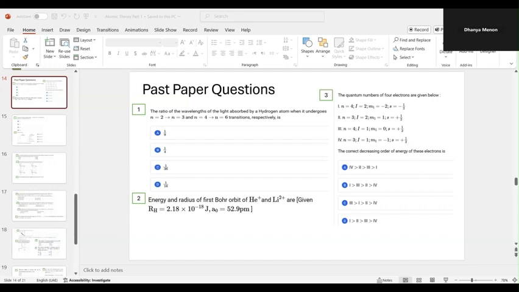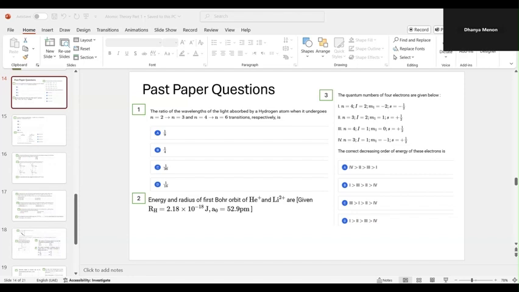Some JEE and NEET past paper questions. Okay, so as we are doing, please take the screenshot of the questions. Okay, so let's get started. So this is the first question, if you can see,